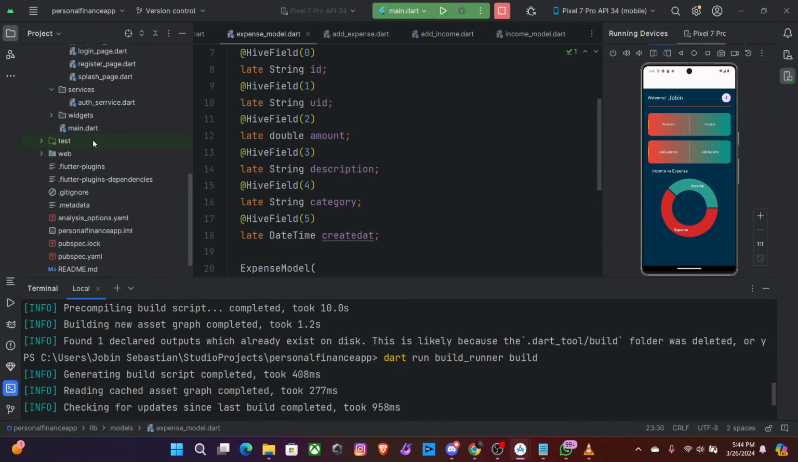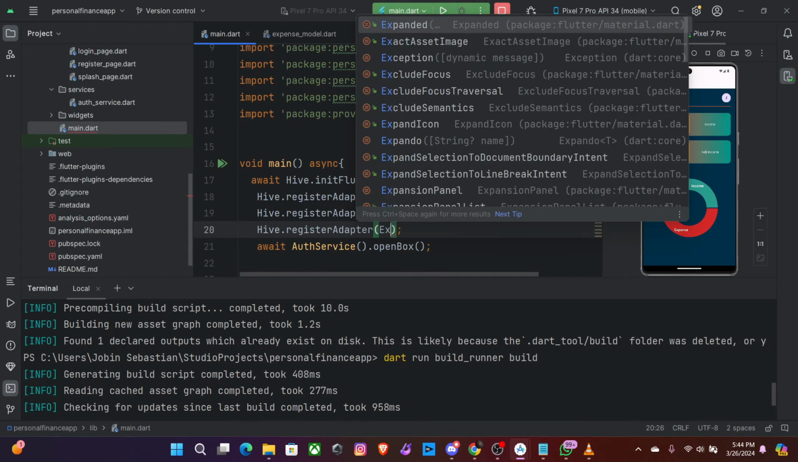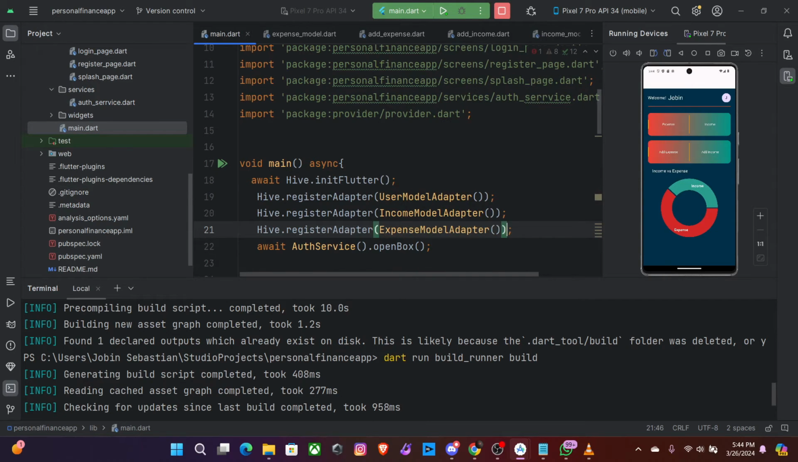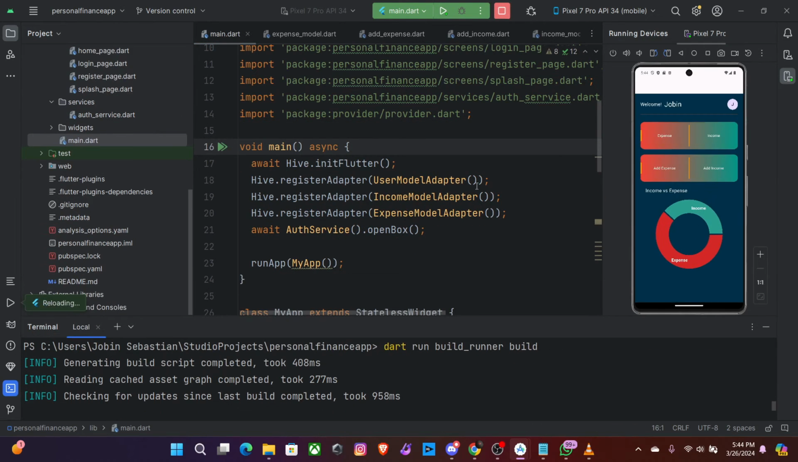Now mark that adapter inside your model, main dot, and I'm going to replicate this thing, and this should be your expense model adapter, sorry, and this should be your expense model adapter. Okay, and that's it for this video, and next we are going to learn how to write your